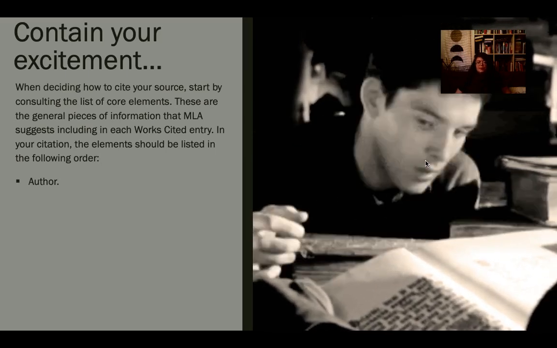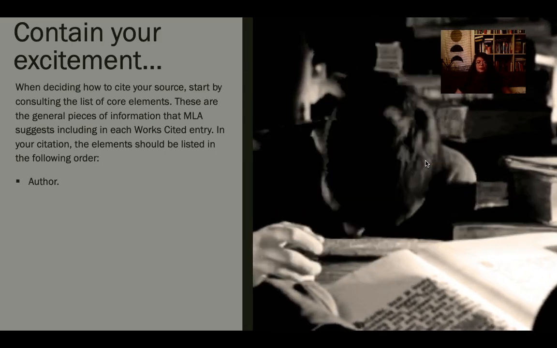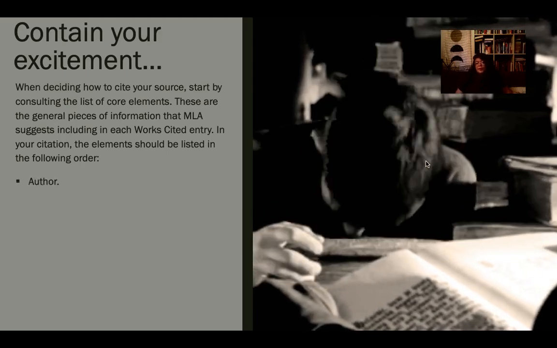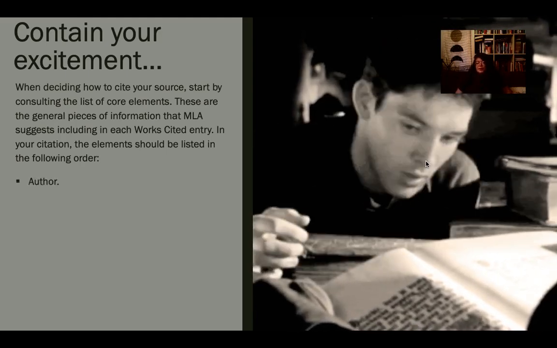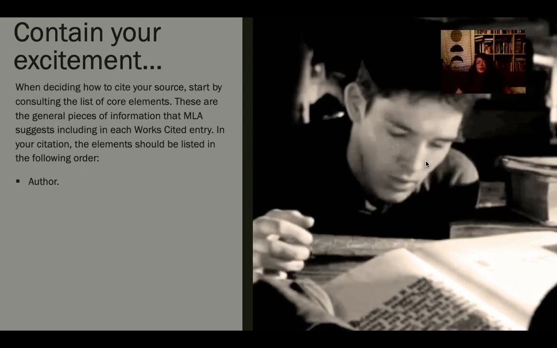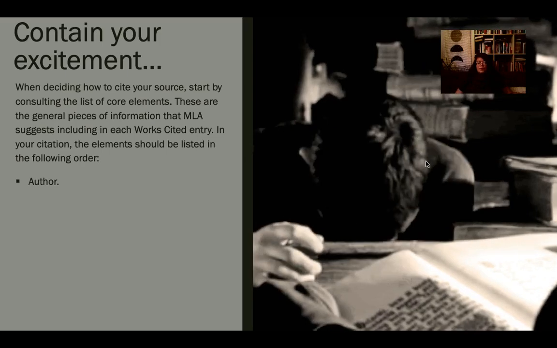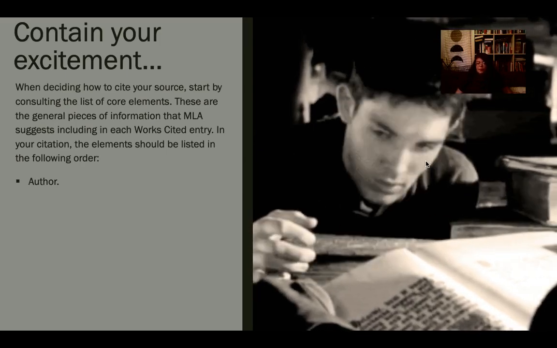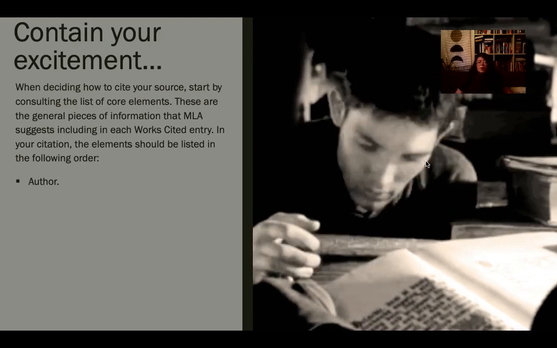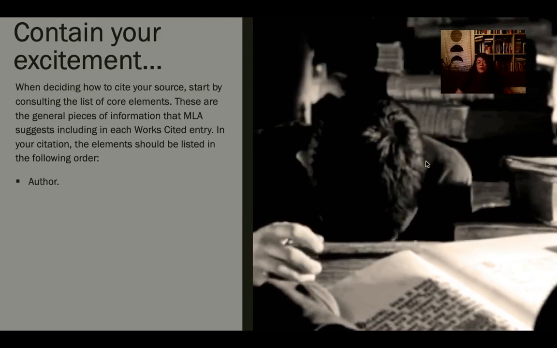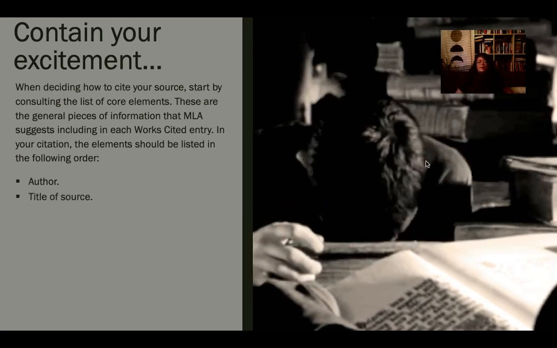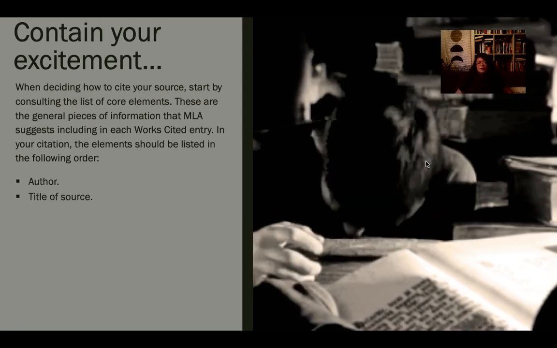These are the things that are most important for your sources. So the first thing is author. An author is important to MLA, right? Because it's an English style guide, English literature style guide. So the ownership of works is very important to people within that field, right? So we're always going to look for author first, and if we can find author first, author is going to be listed first. Then we have the title of the source, okay?